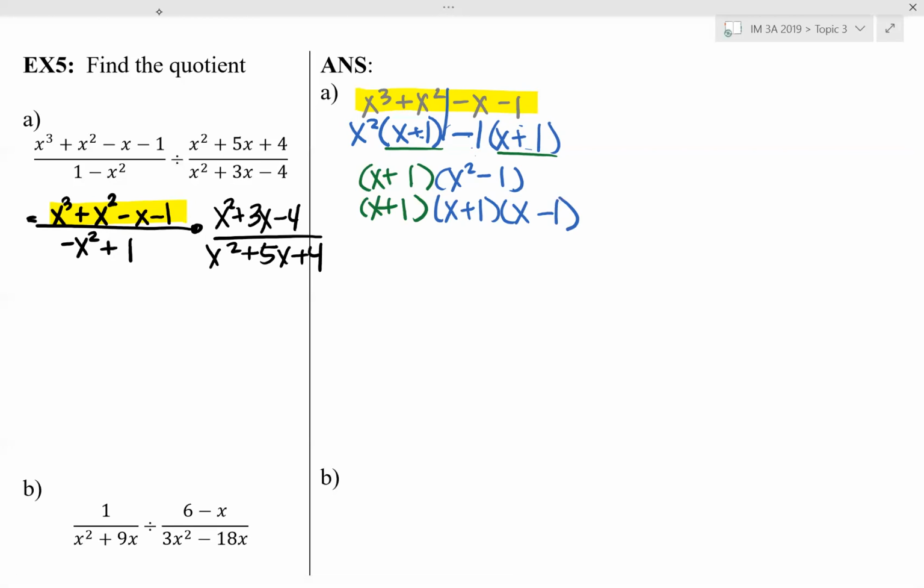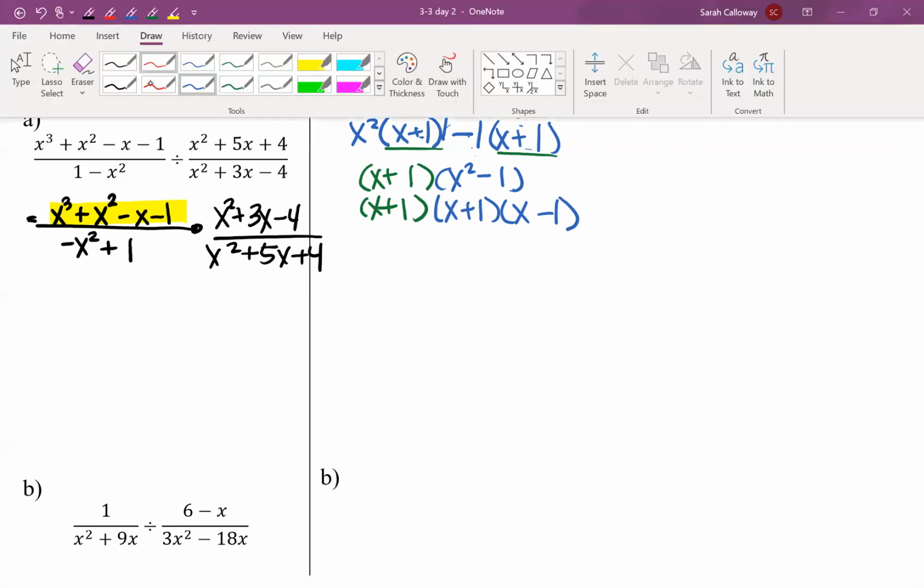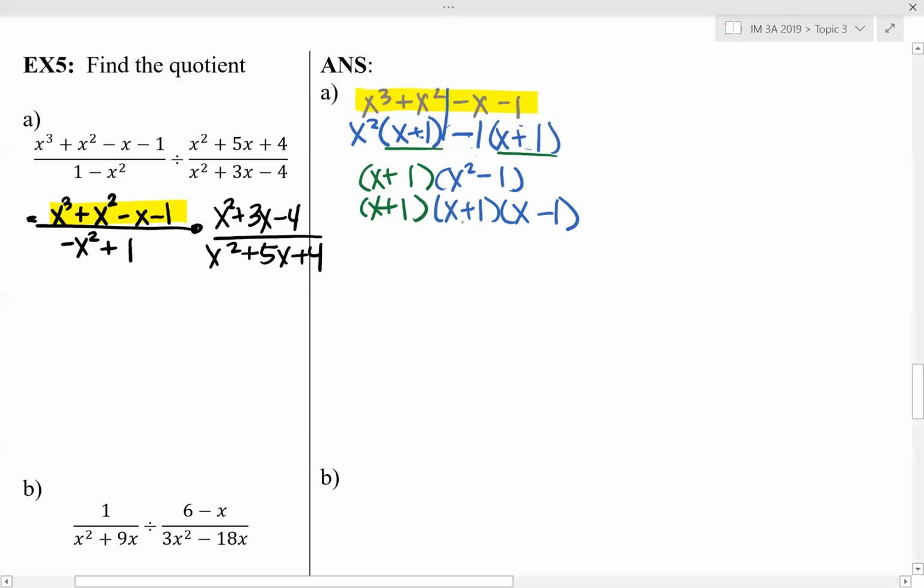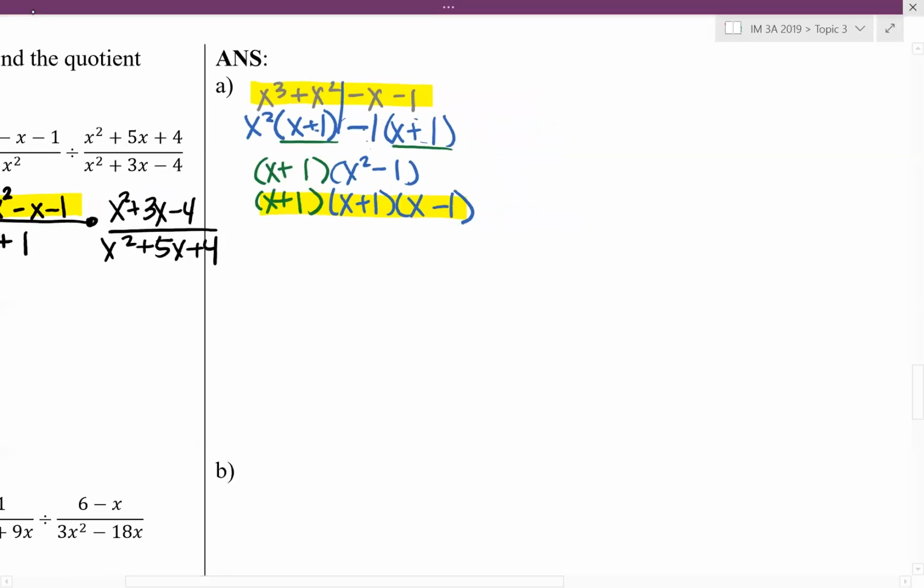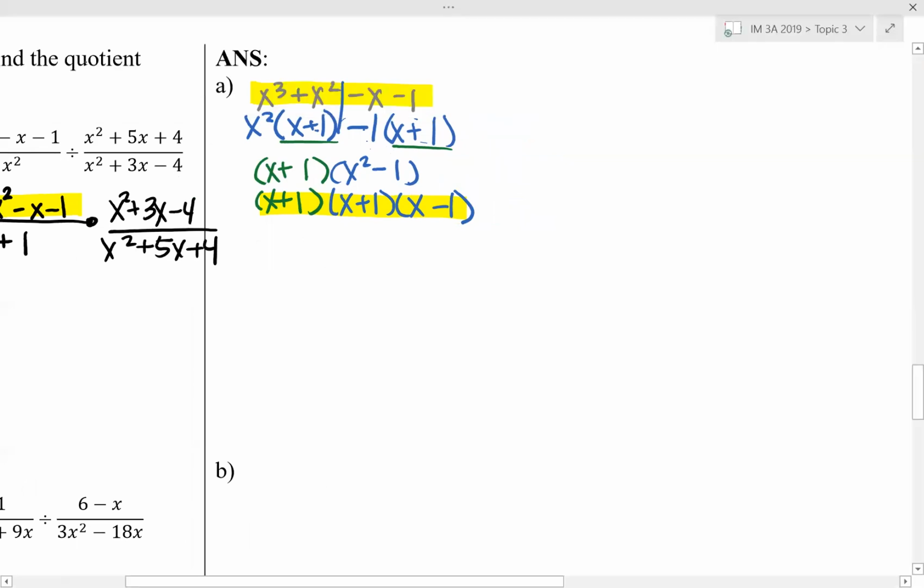So now that I have that numerator, I know that I can start with the rest of the expression. All of this was just that numerator. So that piece is now x plus 1 times x plus 1 times x minus 1, instead of x cubed plus x squared minus x minus 1. So let's rewrite that part of the fraction. We've got x plus 1 times itself